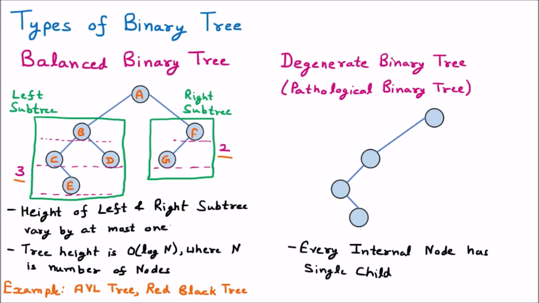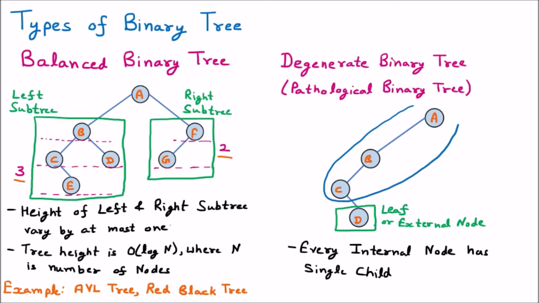I am giving labels to these nodes, which are A, B, C and D. We know that the leaf nodes which have 0 children are called external nodes. So here we have only one external node, that is D. All the nodes except the leaf nodes or external nodes are called internal nodes. The definition says that every internal node has